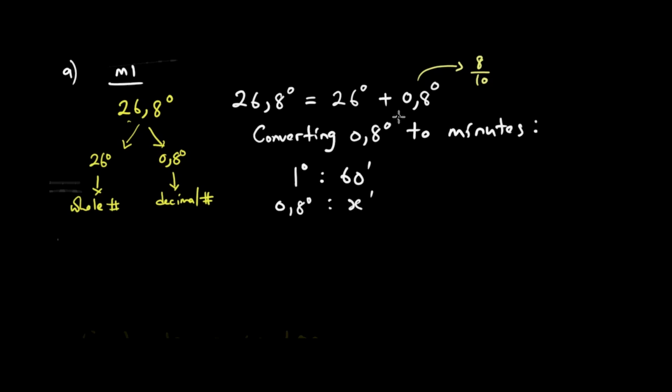Kana kuti we know kuti we just count the number of decimal places after the comma to know the number of zeros in our denominator. Saka because panapa we have one decimal place, zvongoreva kuti we are going to have one 0 in the denominator, so it's 8/10. Saka panapa 1 degree is equivalent to 60 minutes and 8/10 degrees is equivalent to X.